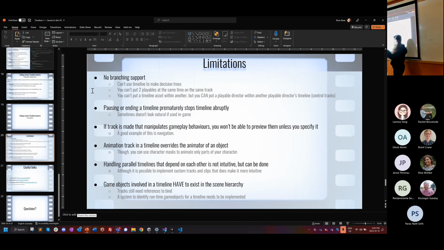And yeah, you can't put two clips on top of each other with two different options depending on different conditions. Oh yeah, you can't put timeline assets within another, but you can put playable directors. What I mean by that is,